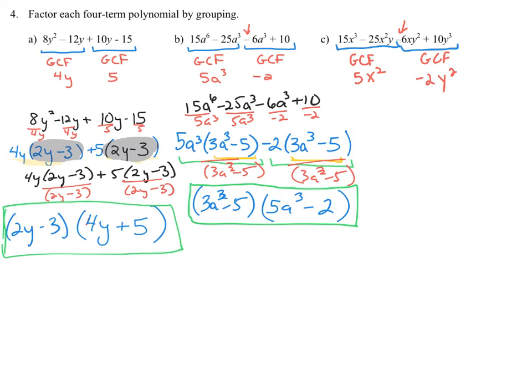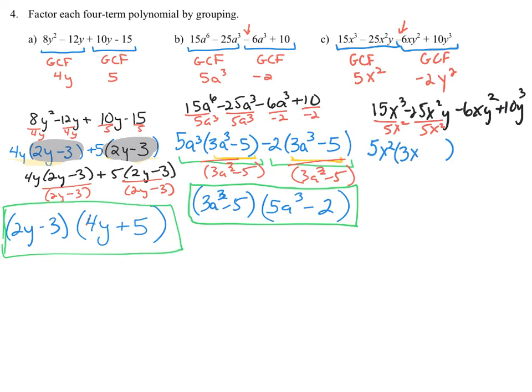So let's take our polynomial, 15x to the 3rd minus 25x squared y minus 6xy squared plus 10y to the 3rd, and we're factoring by grouping. In the first group the greatest common factor is 5x squared. If you divide both of those terms by 5x squared, what you have left is 15 divided by 5 is 3, and x cubed divided by x squared is x. The negative 25 divided by 5 is negative 5, and the x squared divided by x squared is 1, and the y. Now in the second grouping, the GCF is negative 2y squared, so we have a minus 2y squared,